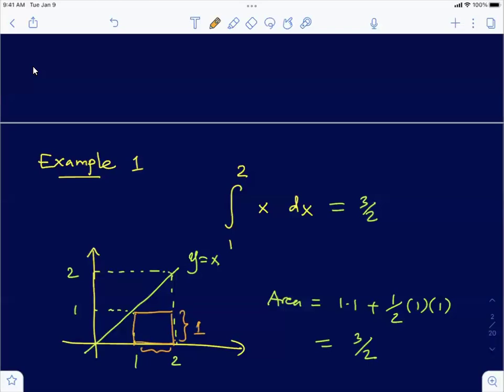It's a square. So we know the area, it's going to be just 1 times 1. On the other hand, when you consider what's lying on top of that is none other than a triangle. That triangle has again base 1 and the height of the triangle is 1, and we know the area of a triangle. That would be 1/2 times the base times the height. So if you do that, you can clearly see this is corresponding to the area of the triangle,